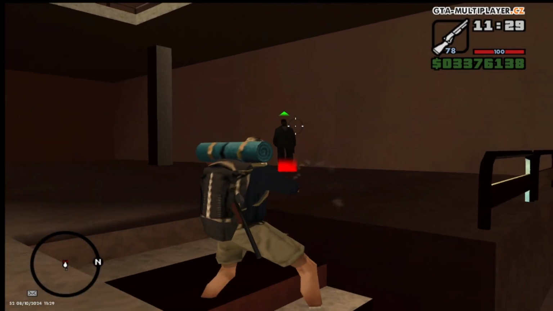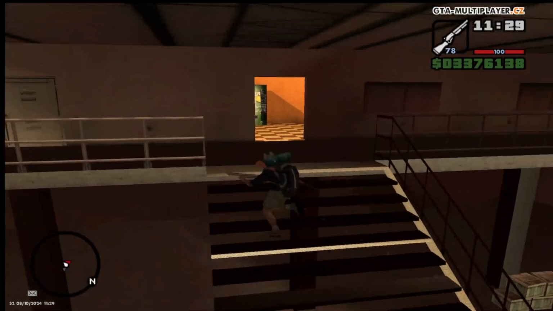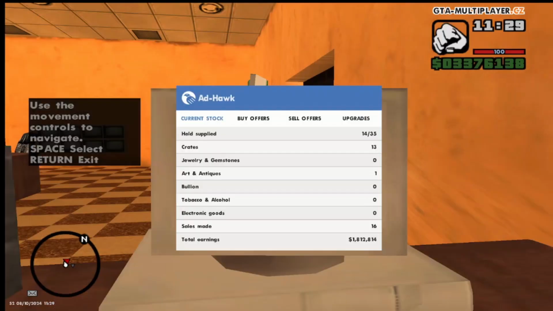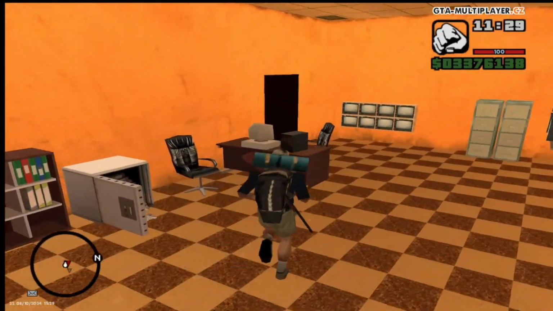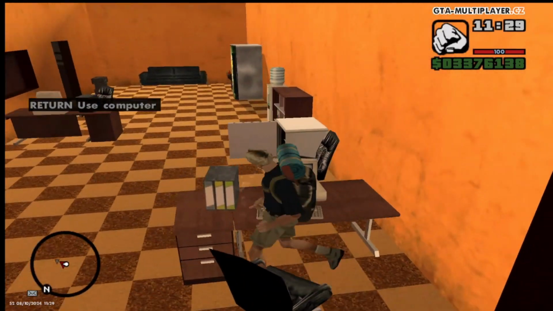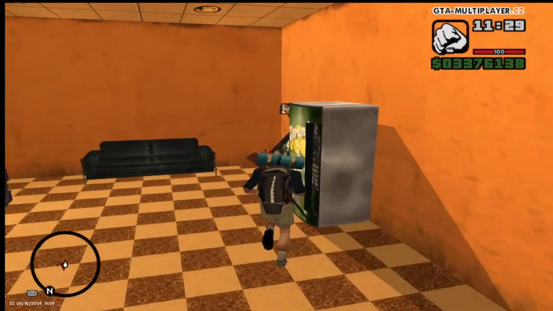You can upgrade your vehicles with this guy over here, but I don't recommend doing that because it's a lot of money. Upstairs, you've got a special computer, which is just for warehouse stuff. I'll show you what that does in a moment. You also get a normal computer over here, which is quite nice, so if you just want to do your normal autoerotica and all that kind of stuff, you can do it over there. Got your safe, got your ammo box,